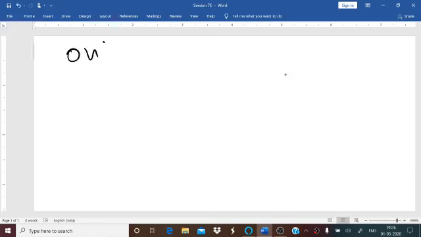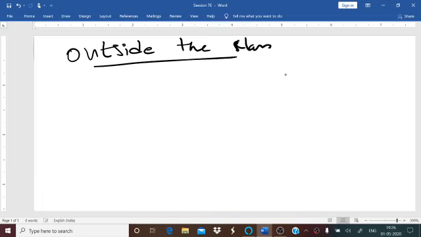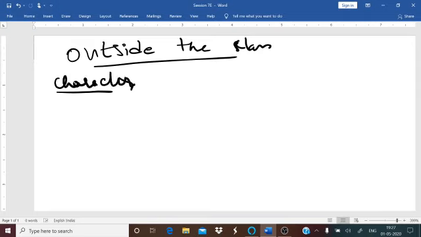Now you have learned the difference between definition inside the class and outside the class. You already know what you mean by outside the class definition also. Now there are some characteristics that you are supposed to remember when you are going to make use of your member functions outside the class.